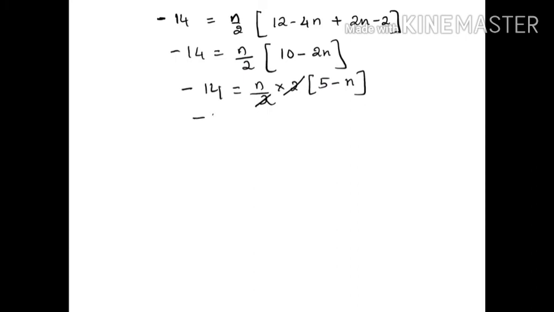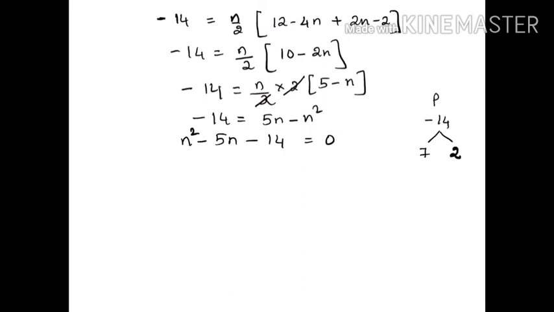So now we have minus 14 equal to 5n minus n square. Bring all the terms of the right hand side to the left hand side. We get n square minus 5n minus 14 equal to 0. This is a quadratic equation which we can solve by splitting the middle term. So the product is minus 14, which is 7 into 2. So if I place minus with 7 and plus with 2,